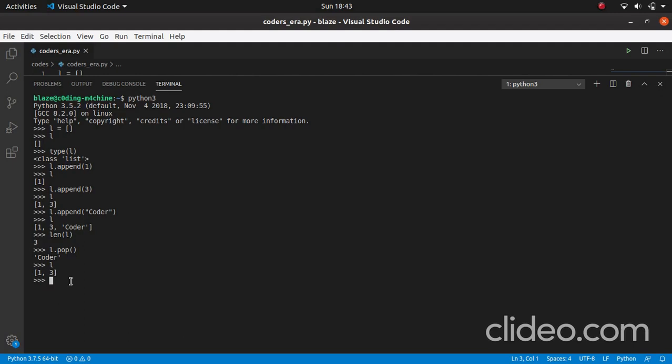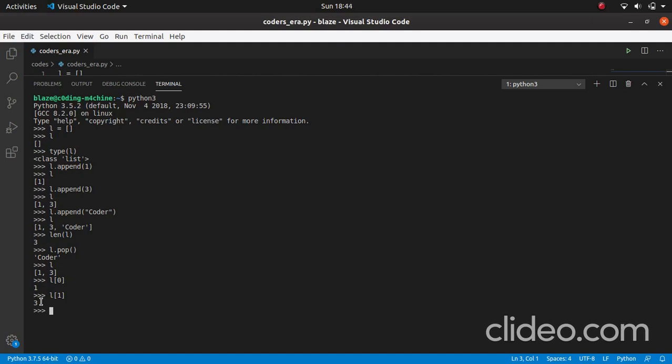And I should tell you about the indexing of the list. If I type L and mention 0 in the square brackets, it would return 1, because I am asking for the 0th element of the list, that is the first element. You can see it's returning 1. And if I ask for the second element, then I have to enter 1, because the indexing of my list starts from 0. That is, the first element is at the 0th index, the second element is at the first index, and so on. So you can see that it is 3 now.